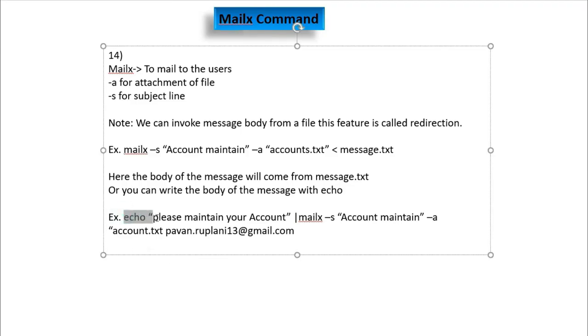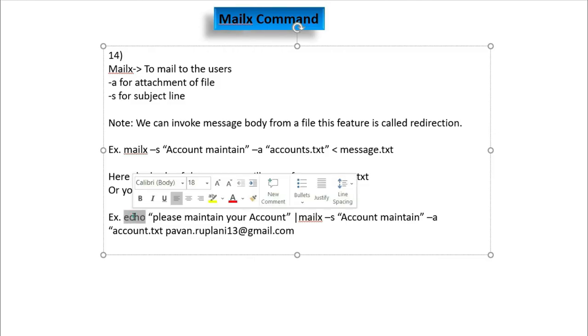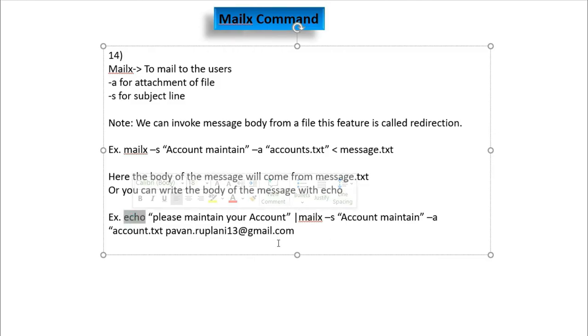First you need to write the body of the mail with the echo command. You can write the body of the mail inside the inverted quotes, for example, please maintain your account, and then you give a pipe symbol. You can consider this segment as the body of the mail, and after this pipe symbol you use the mailx command.